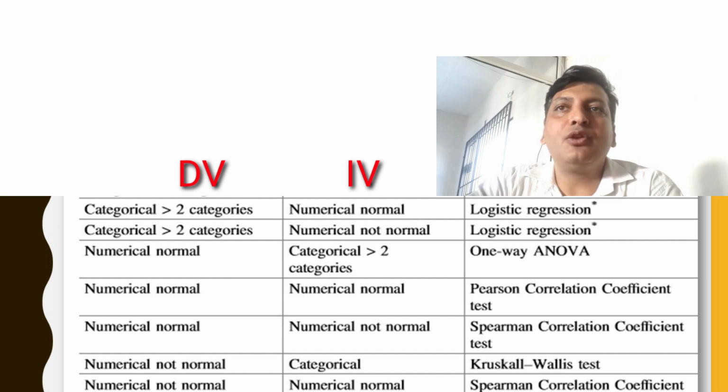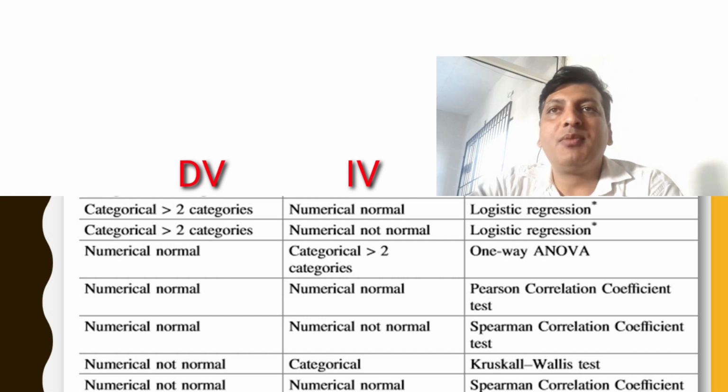variable is numeric and it was found normal, then the test is one way ANOVA. That means we want to compare three drugs A, B, and C against the fasting blood sugar, which is given in the form of numbers. Or we want to find out the effect of three different drugs A, B, C against HbA1c, which is also given in the form of number. Then you can apply one way ANOVA.